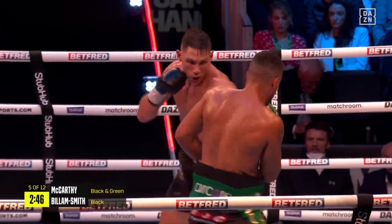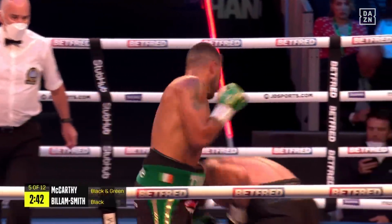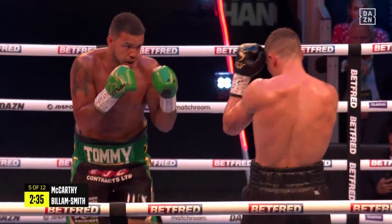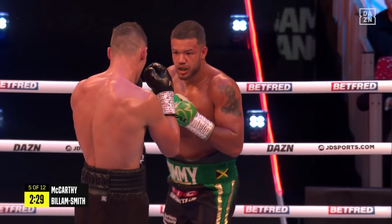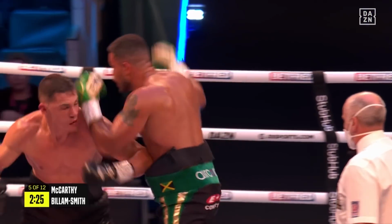Billum Smith working his way into the contest. He's been investing in the body with consistency and regularity. Will that start to pay dividends? And at some point, will he be able to cash those checks later down the road? But McCarthy, so far good, just eats a left hook. His hand position was reasonable there, though. That time it got through, and Billum Smith having a good spell here, arguably his best of the contest,